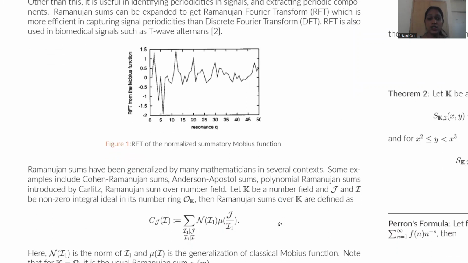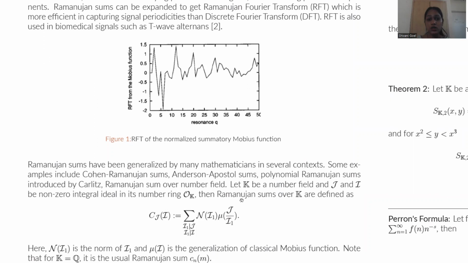We are interested in generalizations of the Ramanujan sum. There are many generalizations, like the Cohen Ramanujan sum, Anderson-Pustel sum, polynomial Ramanujan sum, and Ramanujan sum over number fields. If K is any number field and I and J are non-zero integral ideals of its